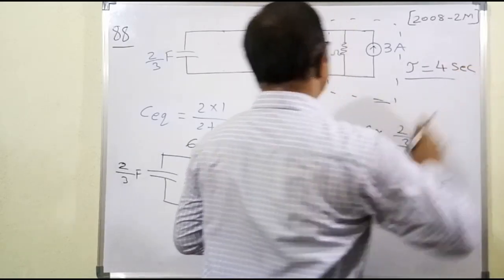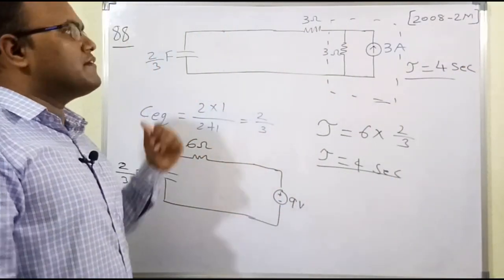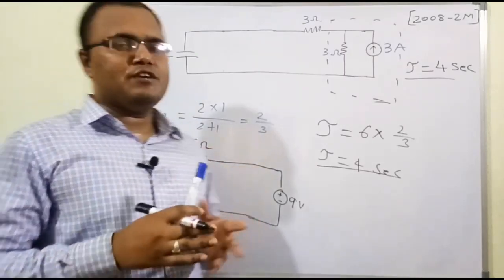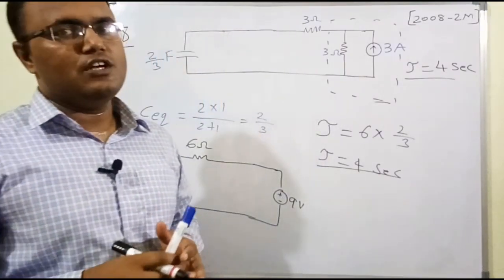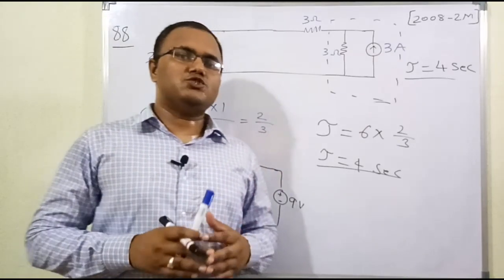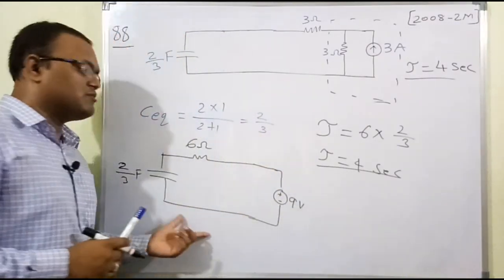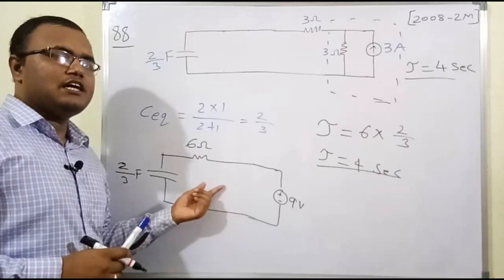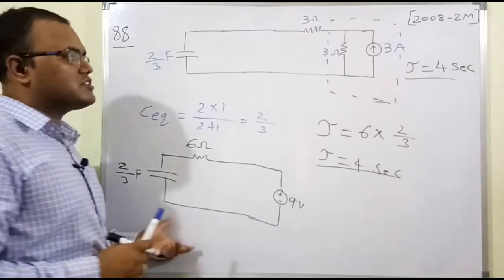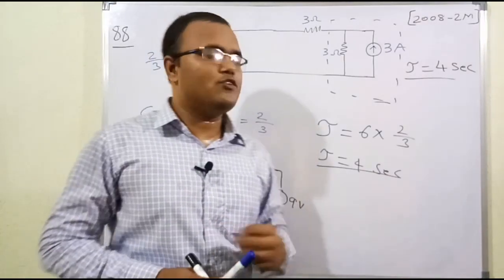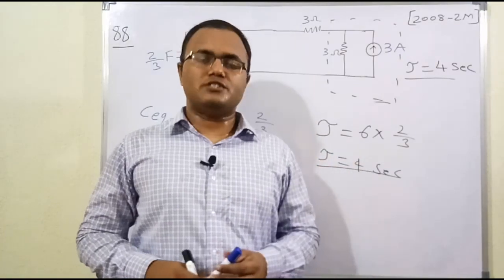So I will explain it again. Whenever we see a complex circuit, first of all we have to simplify the circuit. So I have simplified all the capacitance to a single capacitor and all the resistance to a single resistance. Then it is simplified to a simple series RC circuit, for which you already know the time constant is the product of the resistance and the capacitance. Therefore we got the answer: tau is equal to 4 seconds.